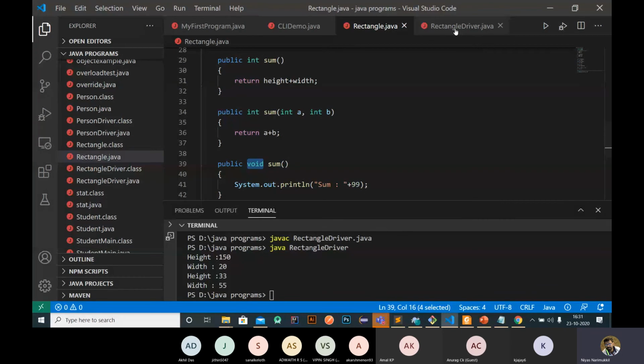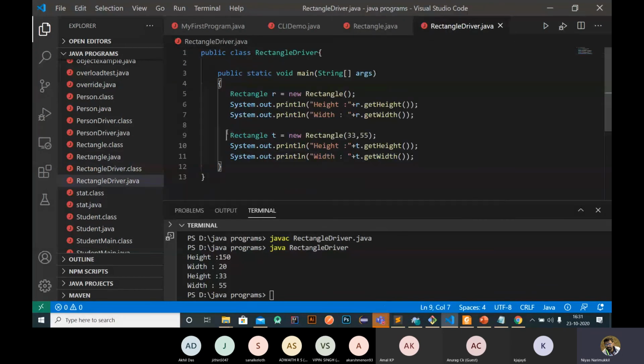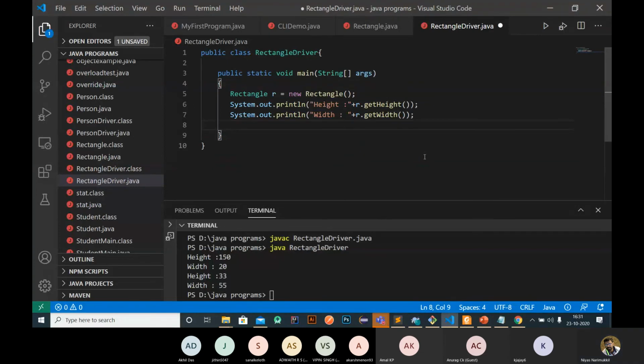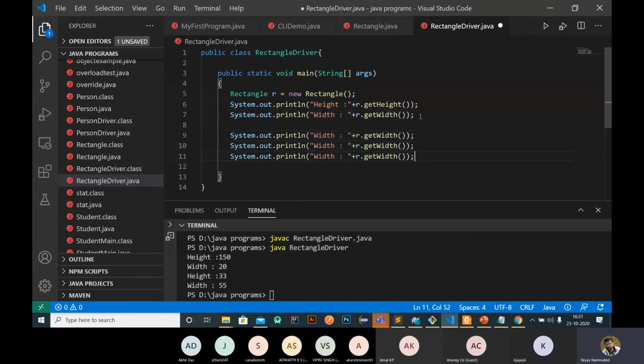Okay, if you are creating an object here, so we have an object here, right? Rectangle R. So we can print three sums here. Sum 1, sum 2, sum 3. No need of printing for sum 3. This is sum 1.